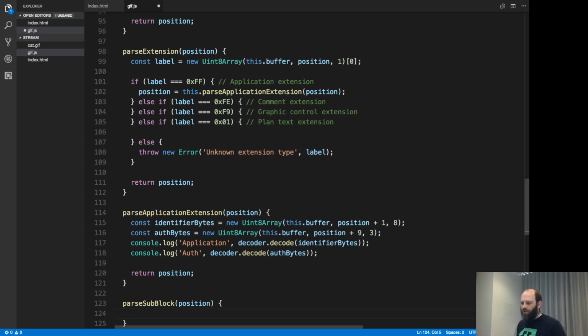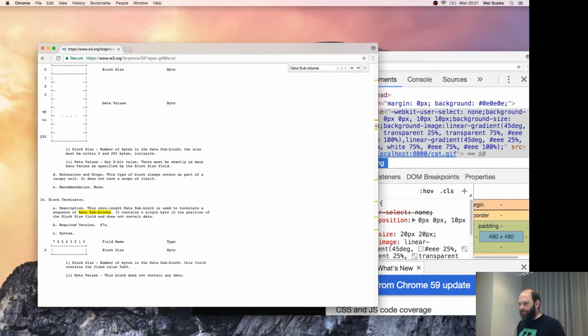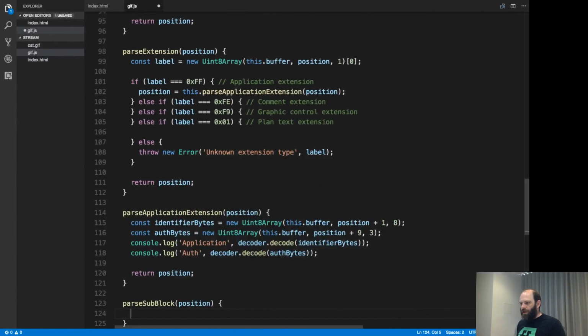Or well, I can return an array. I can do multiple value return. So const subblocks is an array, while